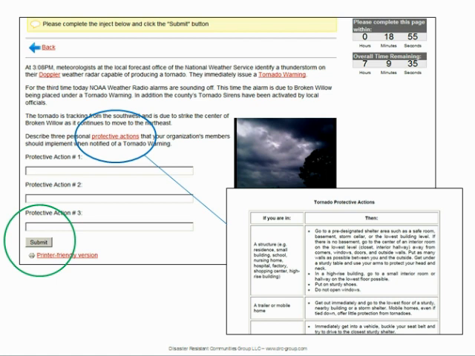That saves everything that you have typed in to date, and that will move you forward in the exercise. Also, throughout the exercise, there will be a number of embedded links, and that's what this Tornado Protective Action Sheet is. You can click on those links, and what will occur is, in a separate tab in your internet browser,